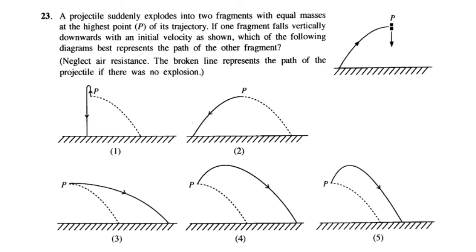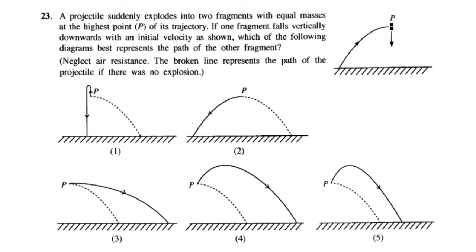So its momentum is also horizontal, and the direction of the momentum is to the right side. Even after the explosion, the two masses should have their momentum in the same direction, that is to the right. But one mass has a velocity downward. So the other mass must have velocities upward as well as to the right side, as per the conservation of linear momentum. So out of the answers, we can select 4 and 5.